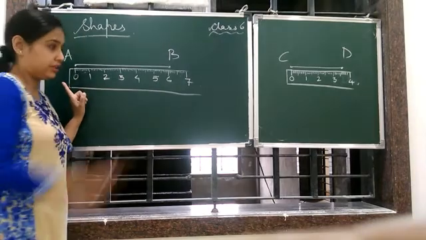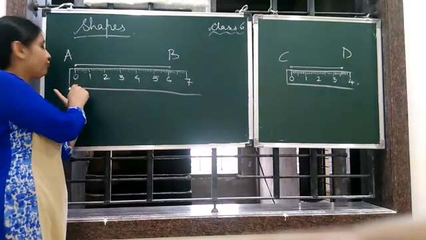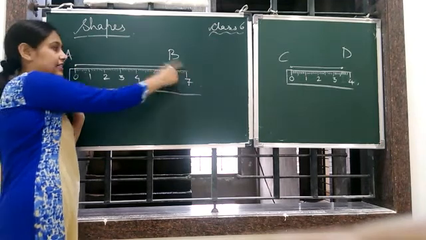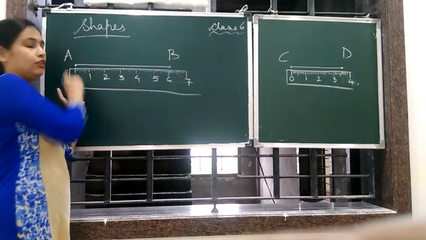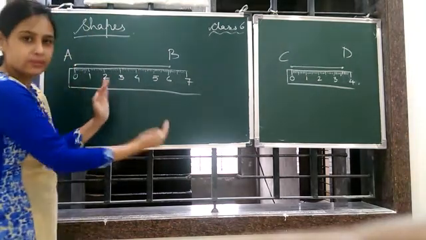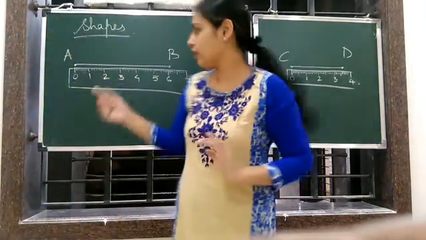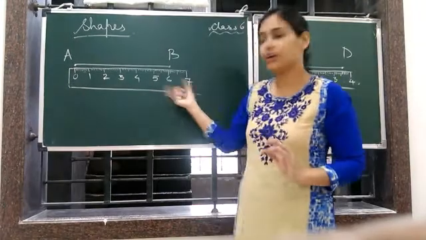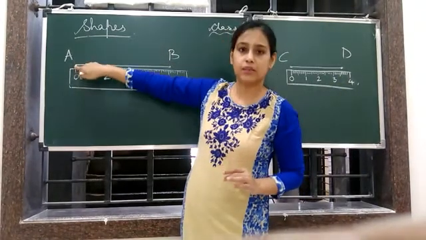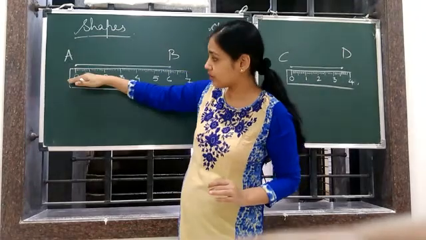I told you already. The 0 of the ruler and the starting point of your line segment should coincide. दोनों एक दूसरे के ऊपर होना चाहिए. Here I have drawn it a little lower to show you how to place the ruler. If I draw it on top now, then you won't be able to see point A. That is why I drew it a little lower.